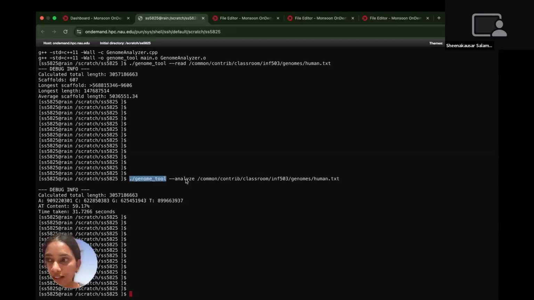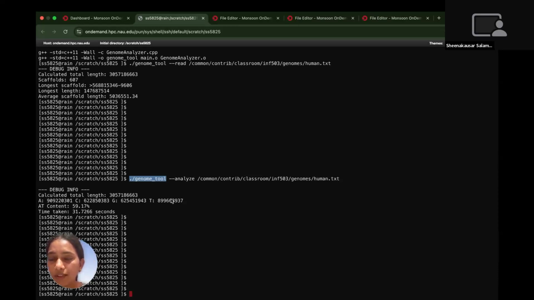The bugs and challenges I faced: initially I faced multiple segmentation faults and compilation errors, which was really hectic. For the segmentation fault, I had tried using a static array of 4 million characters, which failed due to memory limits. I fixed it by replacing it with dynamic allocation using new char of max genome size. There was also a header and variable mismatch: my function names in the CPP file didn't match those in the header, because I had changed my code. I changed it and fixed it.